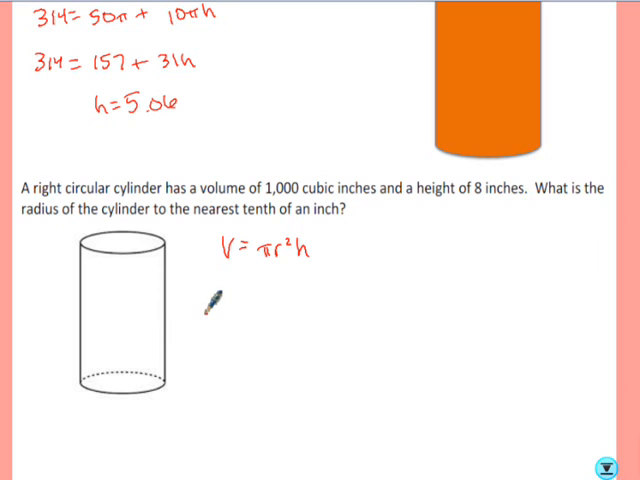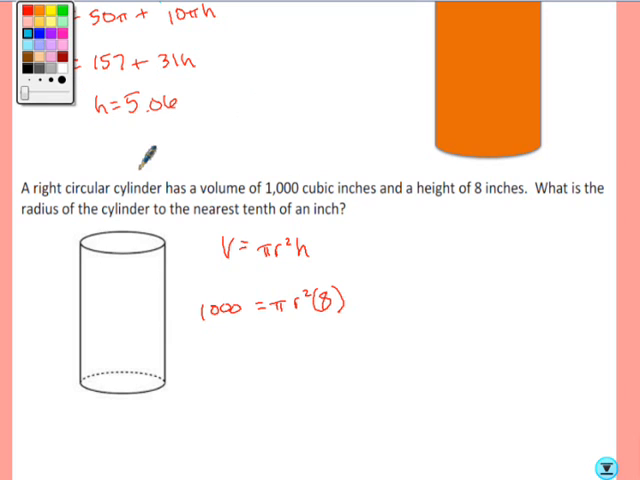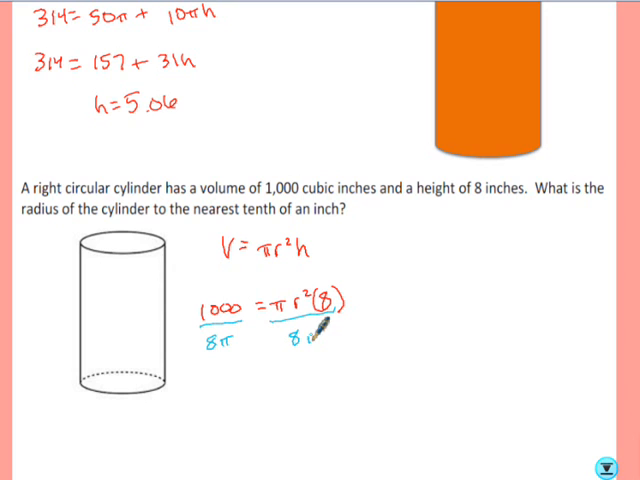Let's see, we have 1,000 cubic inches, and pi we know. The radius we don't, and the h is 8. Okay, so I'm going to do 1,000 divided by 8 pi. Just a real quick algebra reminder, if I divide both sides by 8 pi, I'm left with